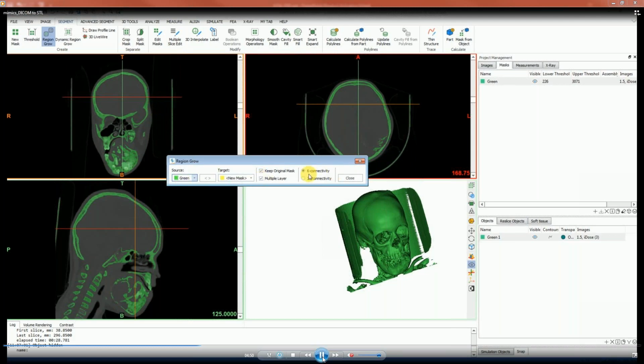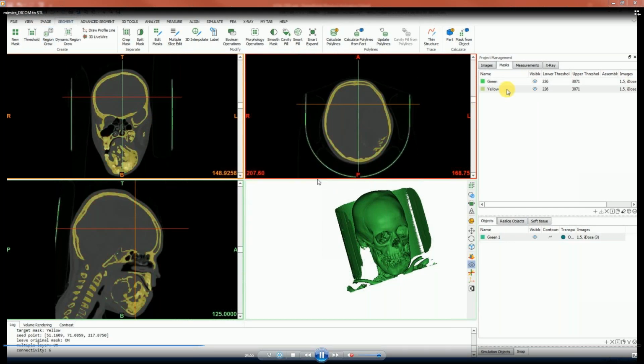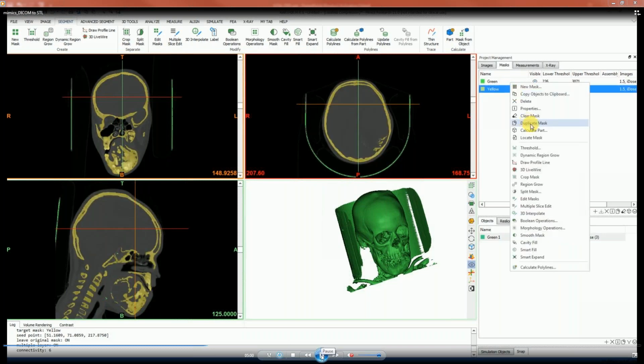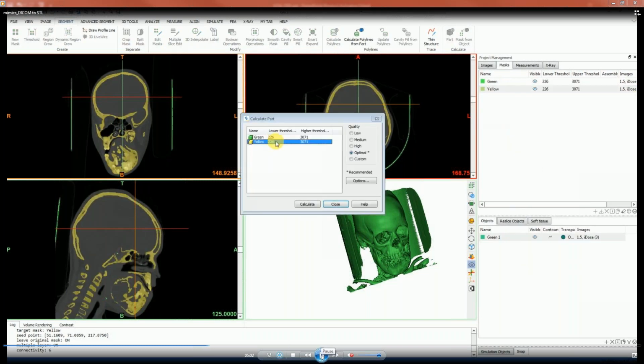Wherever the connected voxels are there, they will be selected. Now the connection is 6 connectivity or 26 connectivity. If 26 connectivity is used, it will be a high resolution part. Now we have created a mask and then we calculated the part, in yellow.